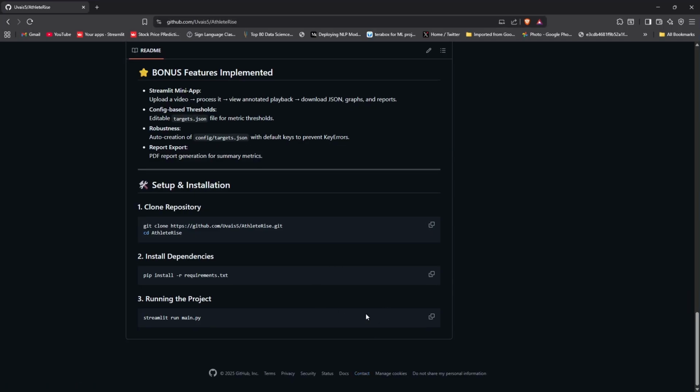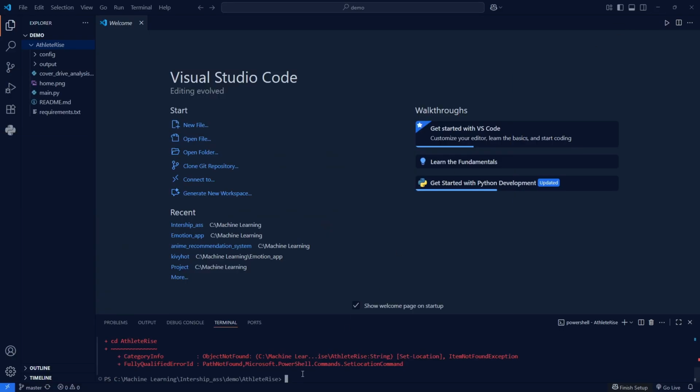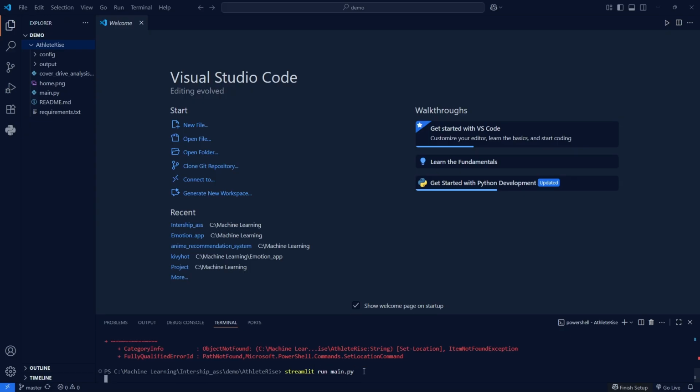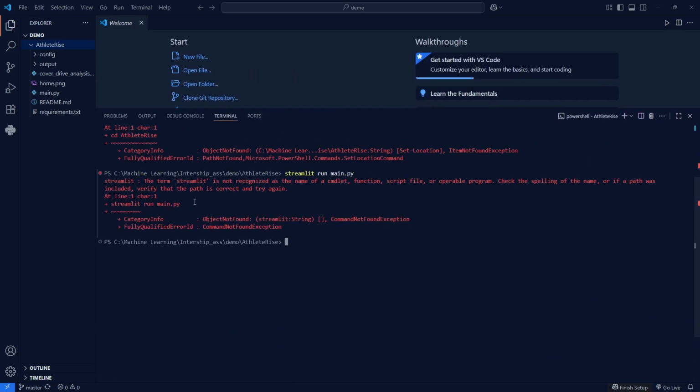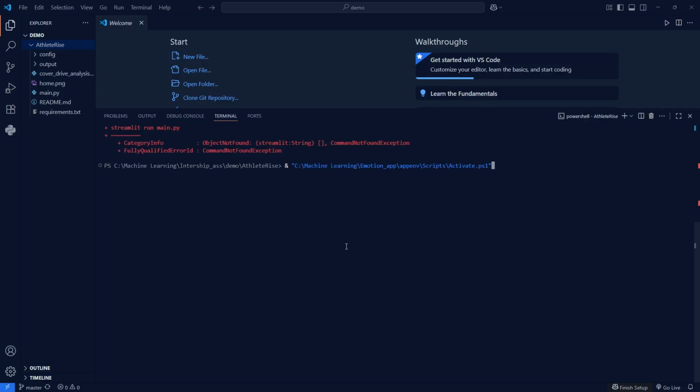So let me paste the code here, streamlit. I already have the requirements and frameworks downloaded in my env, so I skip this part and run Streamlit. I got an error again, so let me fix it. I didn't activate the env, so I need to activate the env.